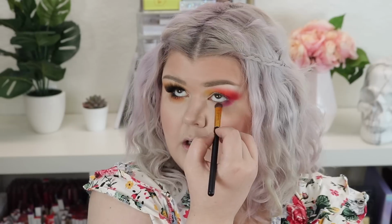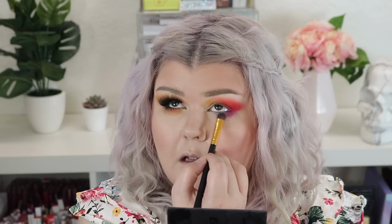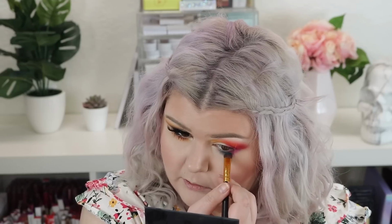Purple right down there. So Tribute. Try and go slow. So hard to film my under eye. Purple. I'm going to use a little bit of Garden State. Sorry, it's so hard to look up and blend this. I want it blended, but I don't want to blend so much that you can't see the color definition. Those colors together,